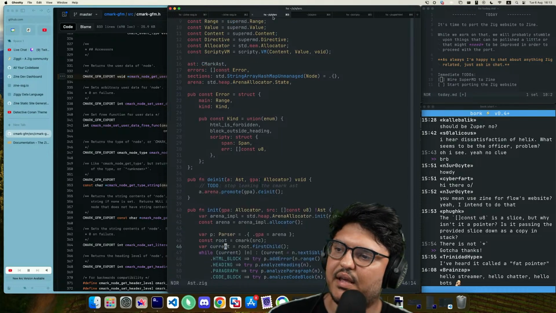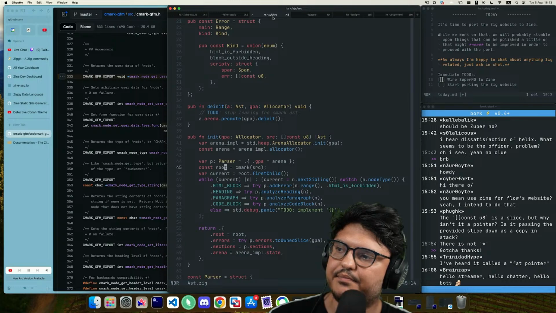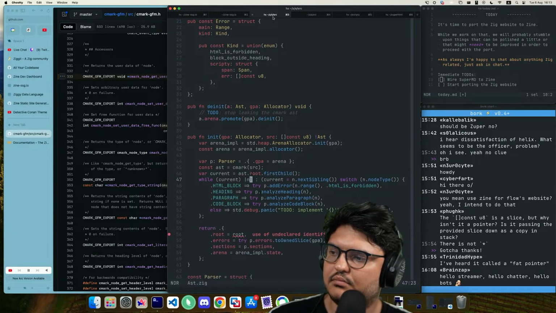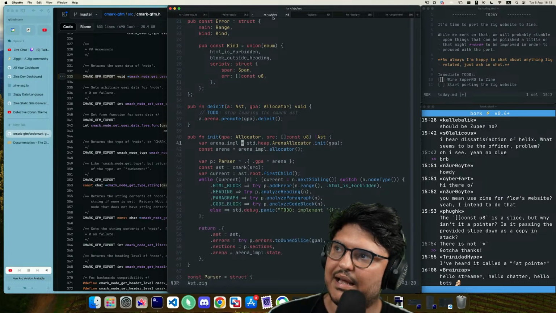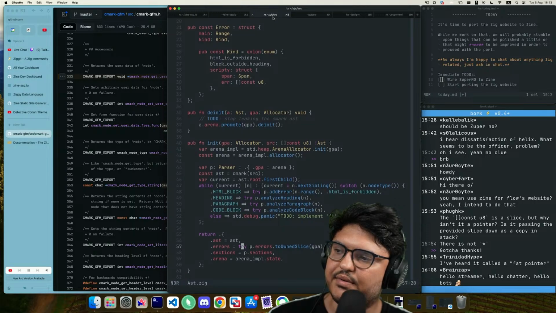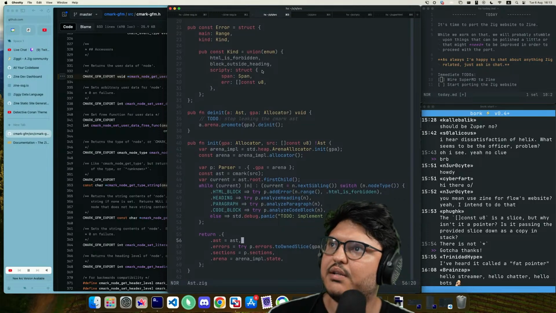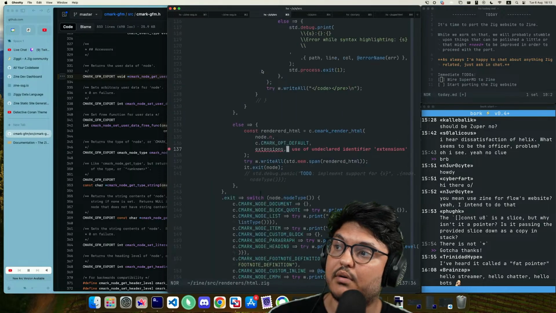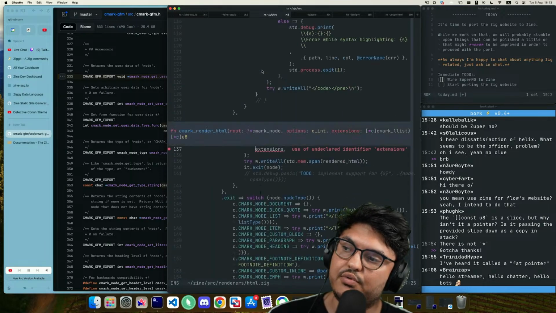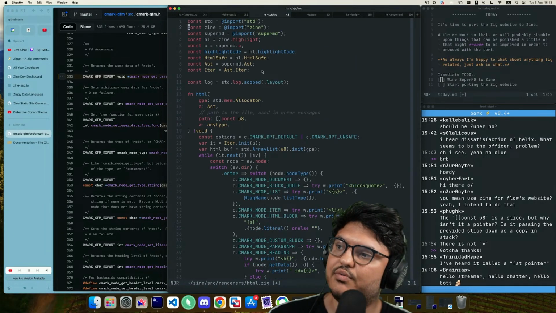Let's just say that this thing has kinks. Okay, we should have wired this correctly. So that means that on the other side, in our render, we should be able to do AST.extensions.